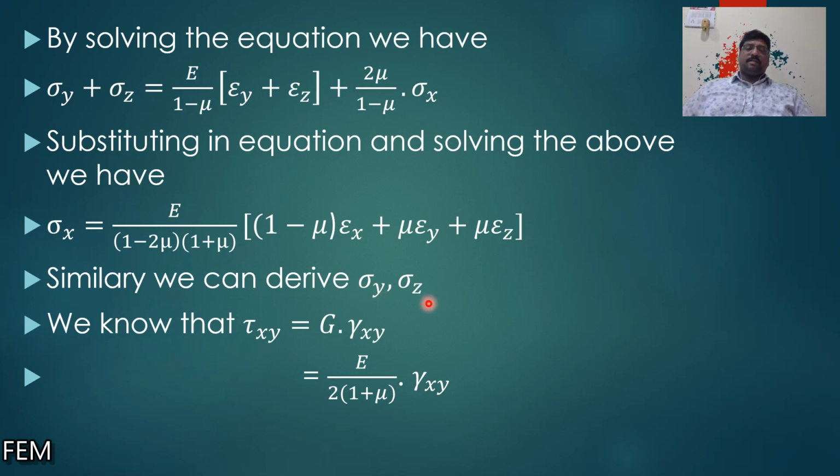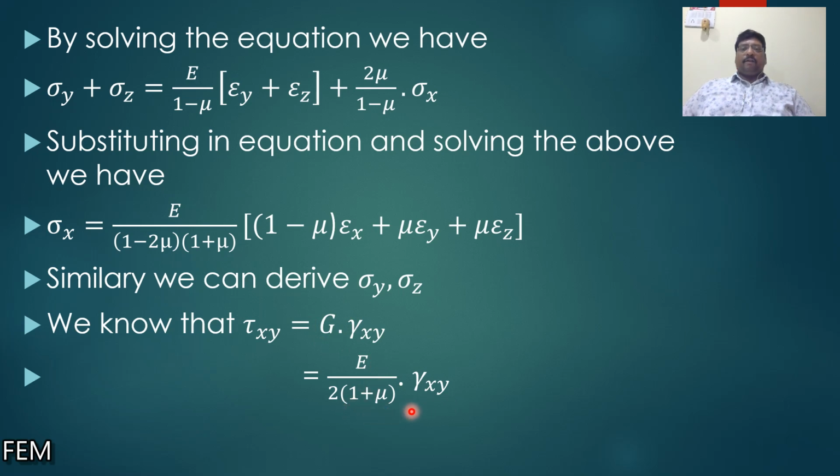And similarly, for sigma z, I have to consider the strain in the x direction and the strain in the y direction only. Okay, so we know the shear stress tau xy is equal to G into gamma xy. G is nothing but the modulus of rigidity. In place of the modulus of rigidity, I am representing it as E by 2 into 1 plus mu into gamma